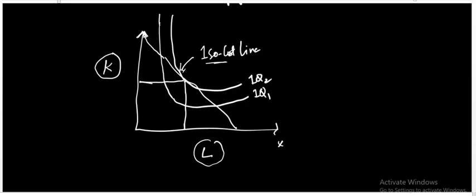This will be the equilibrium level of output, where this isocost line is tangent to the isoquant. Now on this isoquant, throughout the production on any point, if I talk about over here, or over here, or some other point, the production